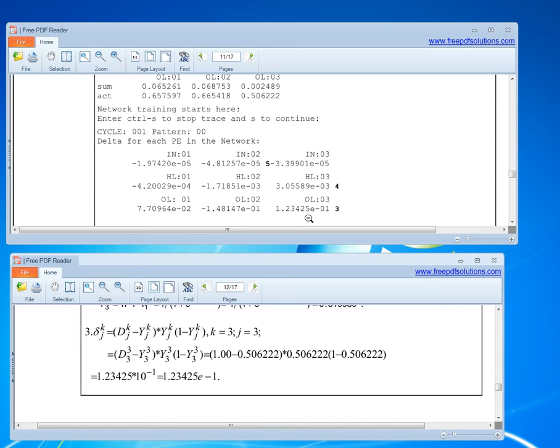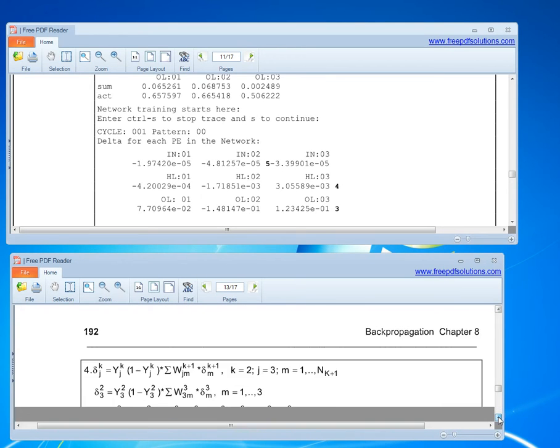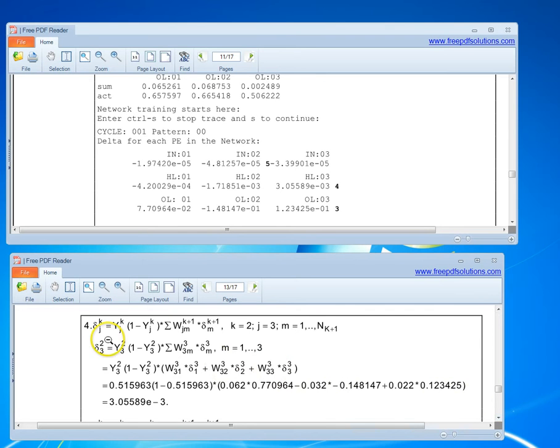Similarly, if you go back and compute, let's say I want to compute the delta function for the hidden layer. Now how do you compute the delta function for the hidden layer? So the output function is very simple, simply y into 1 minus y times d minus y. If you go into the hidden layers, now the number 4, in that case the delta function for the hidden layer element number 3 is still going to be the gradient times error, but this error for all the hidden layer and also the input layer is computed as the weighted sum of the